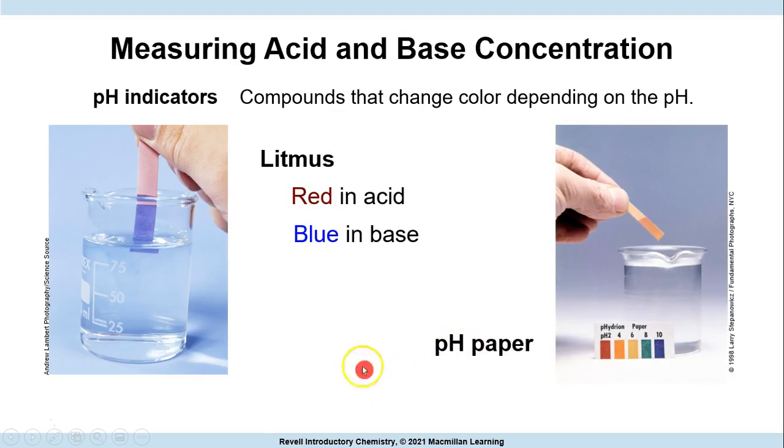Now, we also have what is called the pH paper. The pH paper actually gives us more information about the pH value because the pH paper contains colors here, and when you dip your litmus paper into the solution, you can compare with the color that you have, and that gives you an